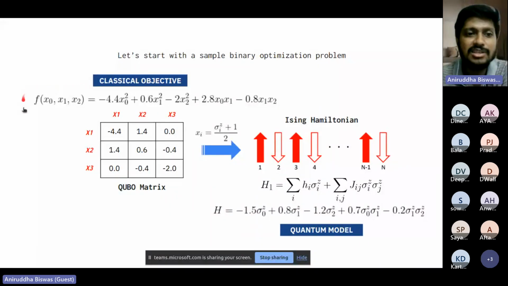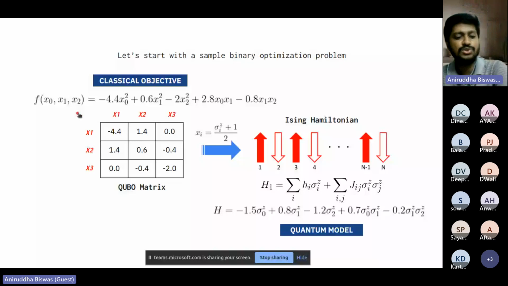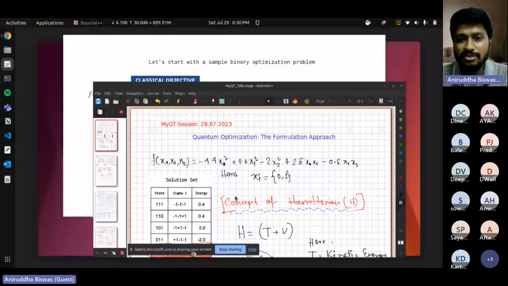Now the agenda is to find the best solution, for which we get the minimum value of this expression. So now we'll switch back to one of my notebooks, just to give you some understanding of what the possible solutions are and which one is the best solution. Is my notebook visible to everyone?